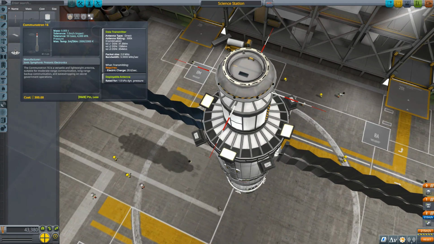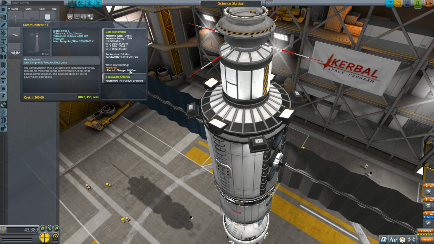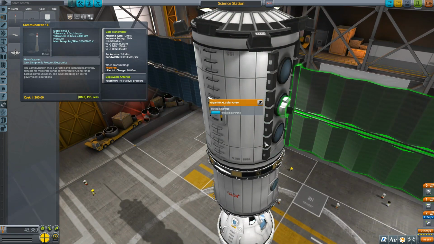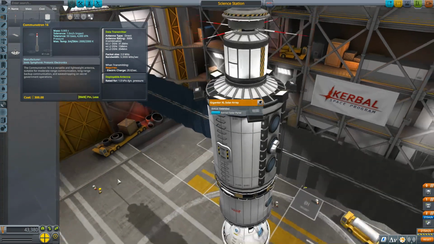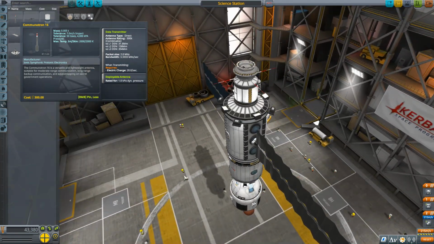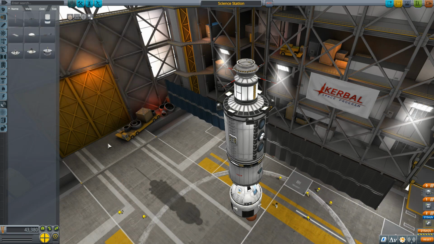The other thing that I wasn't particularly happy with is I sat there and said, oh wow, 20 units of electric charge. What I'll do is just slap on another one of these gigantors which will cover that 20 units of electric charge, and that really wasn't a smart idea, because you're only going to be using the 20 units of electric charge per second when you're actually in the act of transmitting. And after I posted that episode, I did a little bit of work, and I figured out